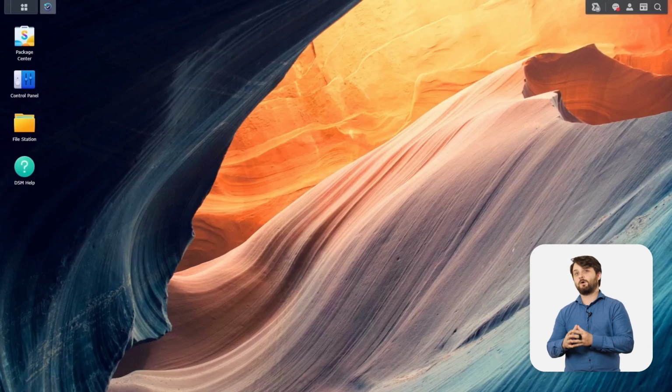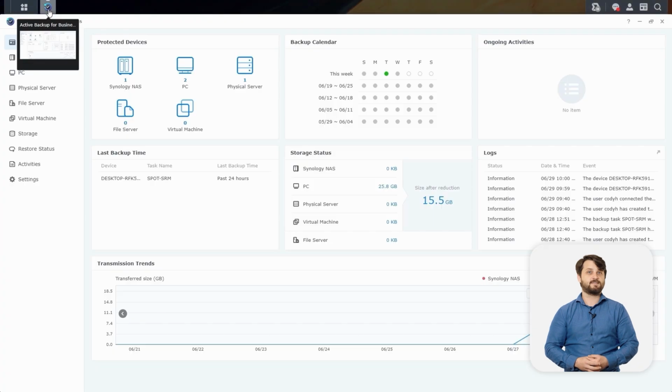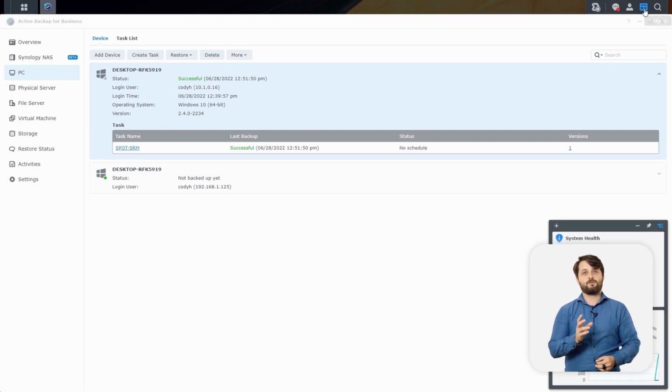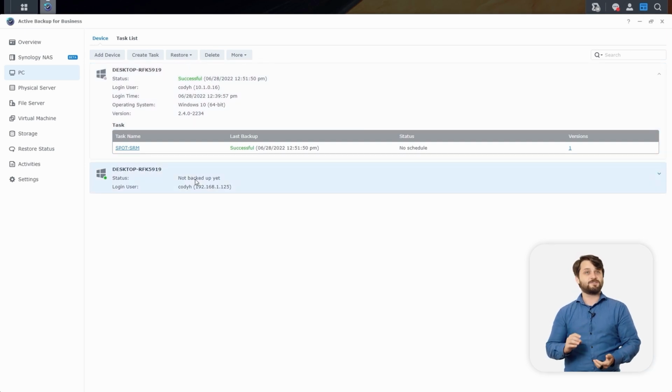So we're going to hop back over to our first Synology NAS to show you that it can actually see that other device and that we can actually communicate with that secondary network. You'll notice our first desktop right here, it has a 10.1.0.16 address, which lines up with our original server that we actually replicated from at our primary site. But it can also see a new desktop, the 192.168.1.125 address. That is showing that this NAS at our primary site is seeing that secondary desktop that we just spun up at that secondary site through our site-to-site VPN tunnel.